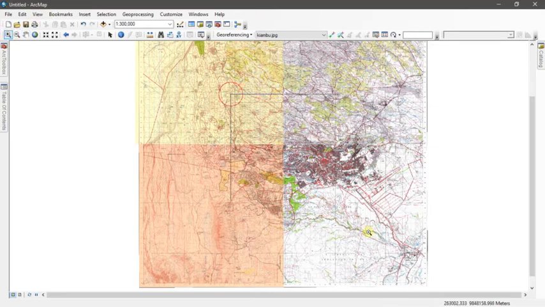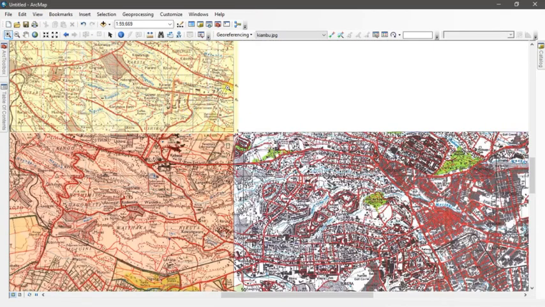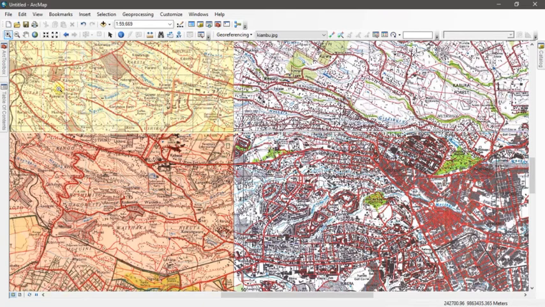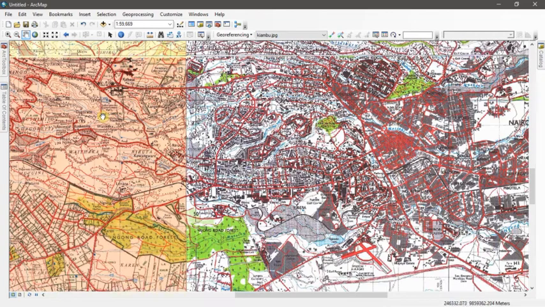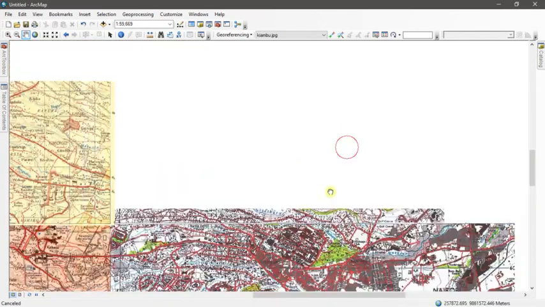And you can see, if I zoom in, this is Nairobi, this is Ngong. You can see the features that are shared in both Nairobi and Ngong, like this road here. You can see how smoothly they conjoin. You can see even the Ngong forest.